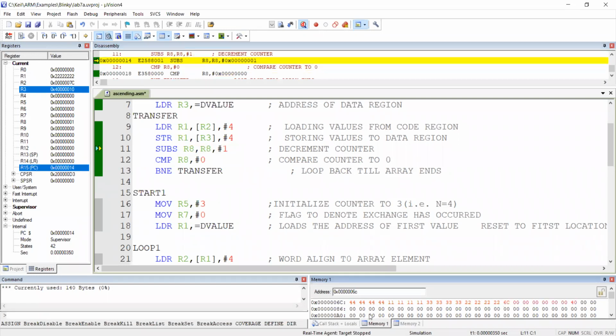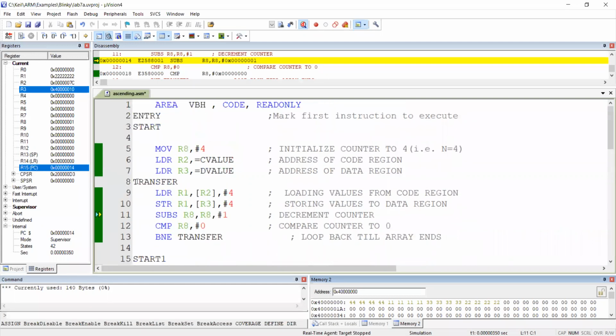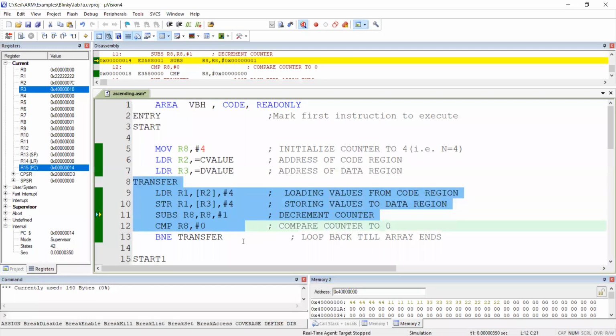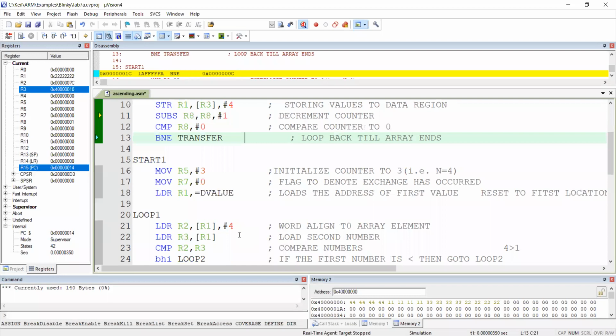Now, the memory starting with 6C was read only, meaning only for read purposes. The memory starting with 4000 onwards is allowed for both read and write. Hence, I have copied the original array of 4444, 1111, 3333, 2222 into the area where I can perform both read and write. So now that finishes copying. This is called copying data. Now the actual work starts.